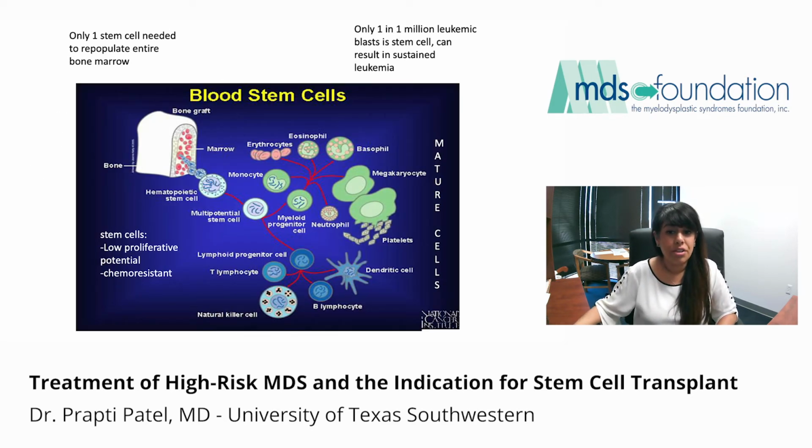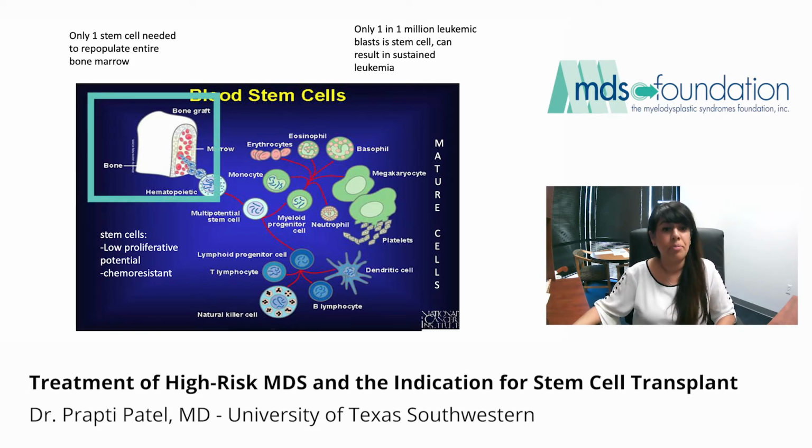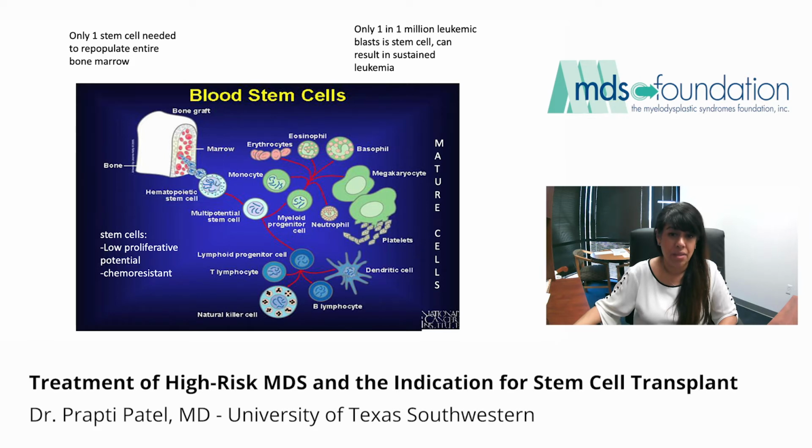So just kind of, again, looking through the bone marrow, right here, this is just a little pictorial from the National Cancer Institute website. This is a little pictorial of the bone marrow, and inside the bone is where the marrow resides, and inside the marrow is where all these cells start to differentiate. So here we have the baby stem cells, and then they slowly differentiate into all the white blood cells, platelets, and then also all of the infection-fighting cells. And this is a very systematic process. And these cells also go back into the bone marrow and recognize any cancer cells, and they're supposed to kill them. So the transplant actually wipes all this clean and inserts a brand new set of stem cells that can go in and do this